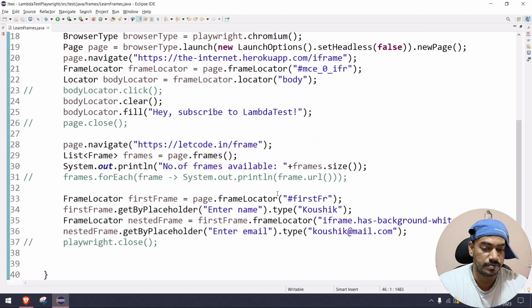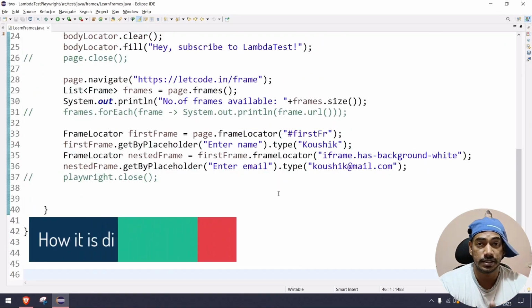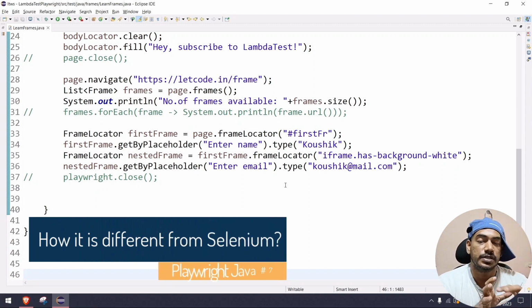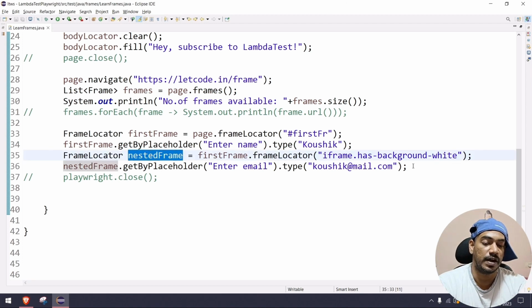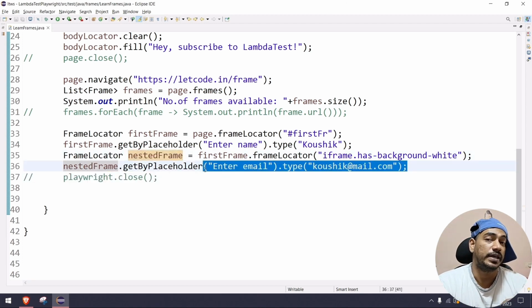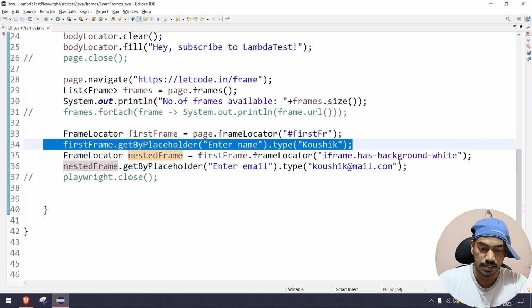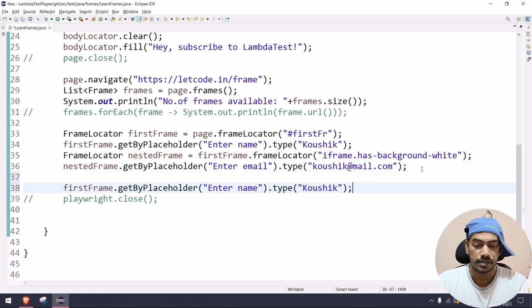Okay, so this is how we have to interact with multiple frames as well as nested frames. It's very similar to your Selenium, but a better implementation, I can say, because there we use switch to. So when we switch to, our focus will be entirely switched within the frame. But here the advantage is, for example, let's say we are within the nested frame, we have typed this particular thing. Now again I go back to my parent frame, so I don't have to switch. I can just bring this line again here, and let me change this to maybe